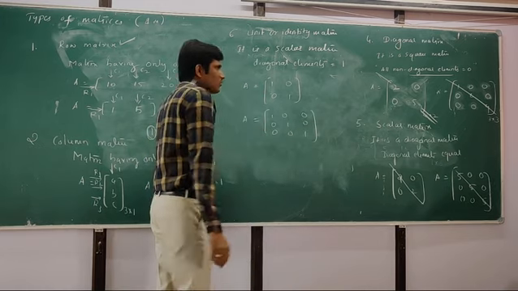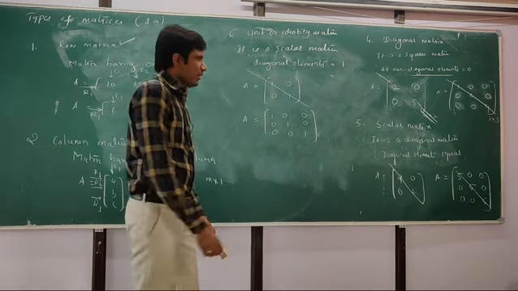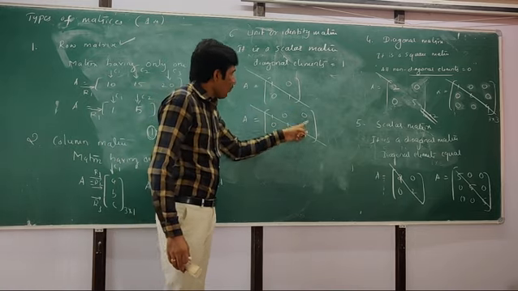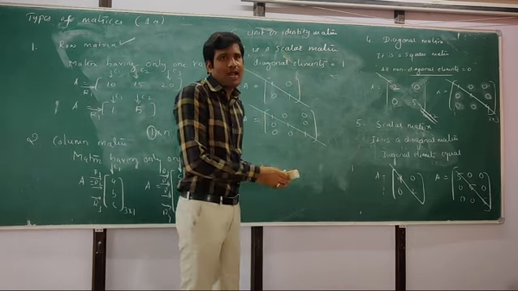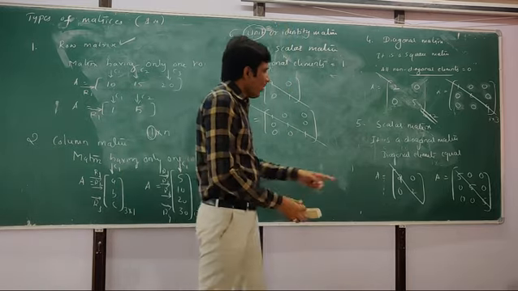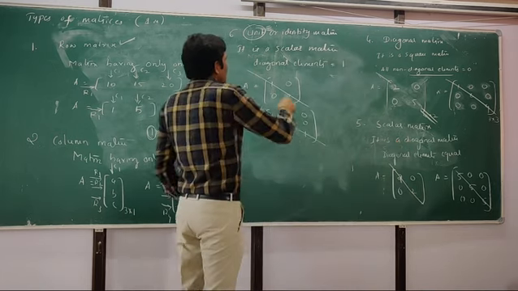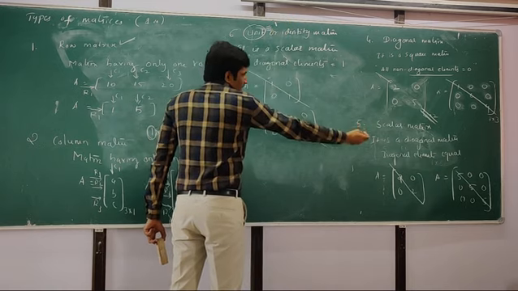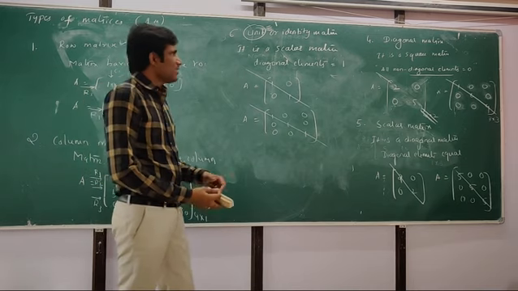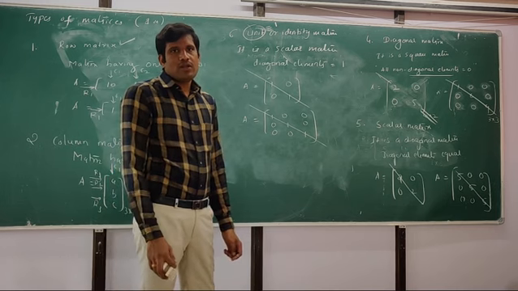Now you can see that these are scalar matrices because the elements present in the diagonal are equal. Here also the elements present in the diagonal are equal. So if they are equal and if it is equal to 1, that is called a unit matrix or identity matrix. Unit means what? It is equal to 1. Right? So if all diagonal elements are equal, they are called scalar matrices. If all are equal and that element is equal to 1, then that scalar matrix will become a unit matrix or identity matrix. Here also we can say that all unit matrices are scalar matrices, but all scalar matrices are not unit matrices.